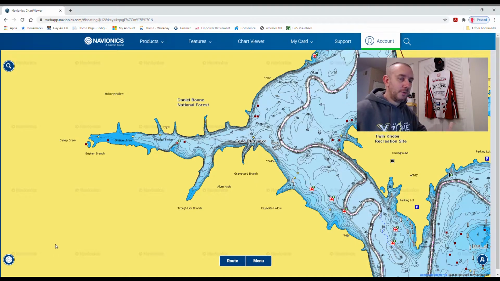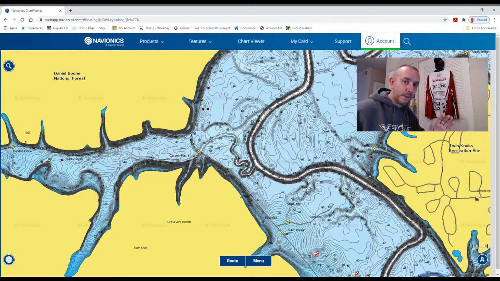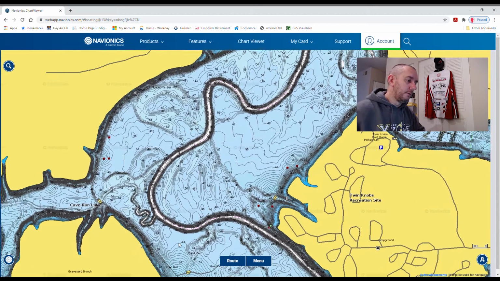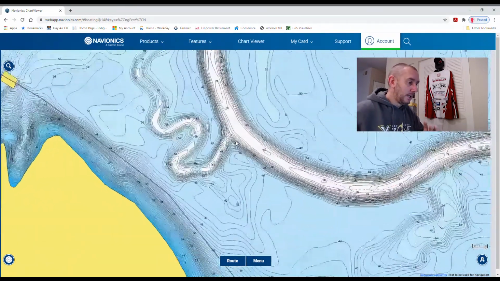Alright guys, so we're going to move on to the desktop here and we'll cover kind of what I look at as far as breaking down a lake and really kind of establishing a pattern. So I've used Cave Run Lake here as my example. I've never actually been to this lake. I don't know anything about it. I've barely even looked at this map, just did a little bit of preliminary research of it before shooting this video. So I've got an area here that I want to start off in